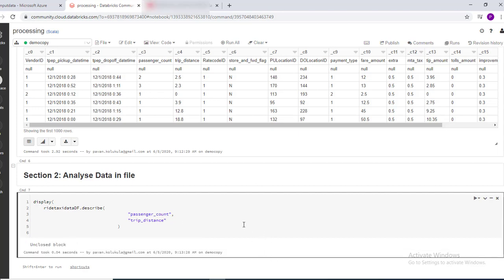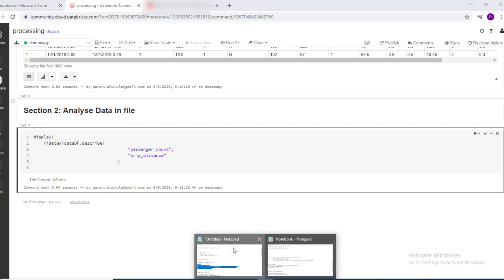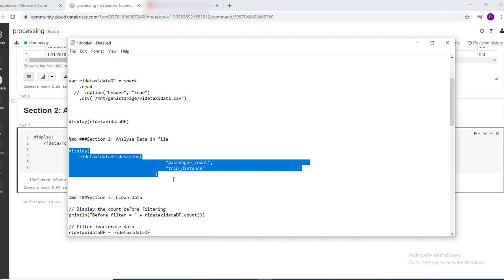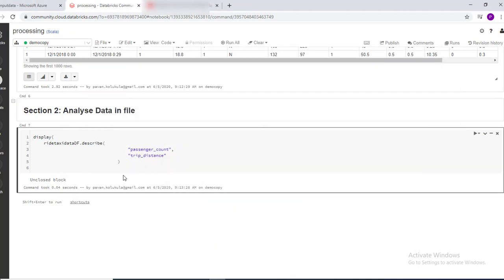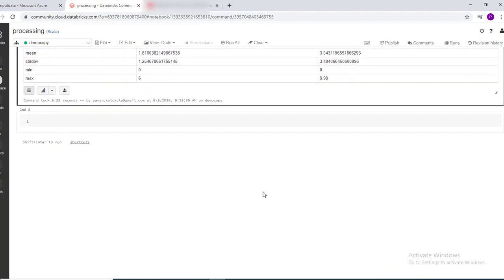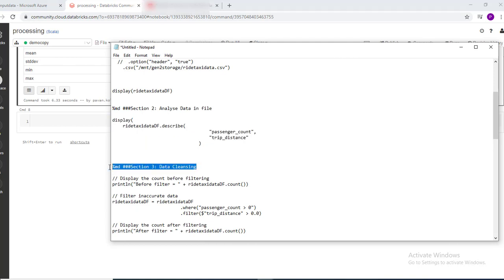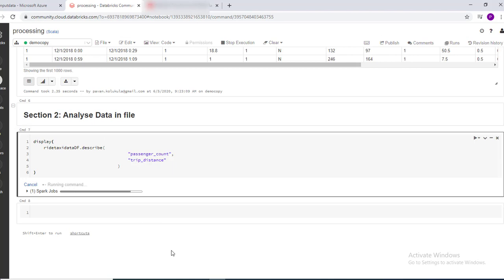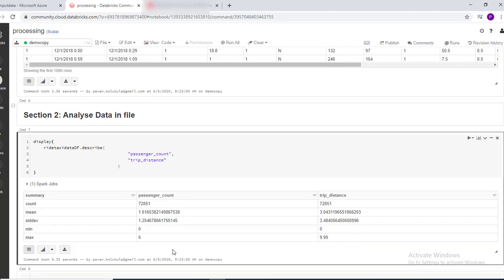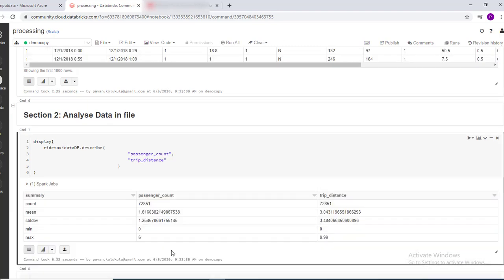Spark has a great feature to analyze the numerical columns in the data frame by using the command over here. So this describe method helps to read the data in the data frame. I have passed two columns, which is passenger count and trip distance, and in the output I can see three columns. First column is summary, which describes the attributes here: count, mean, then min, max. So passenger count, we can see 7285, this is a passenger count, and mean value, and estimated standard deviation, this is the value, this is min value again, and max value.